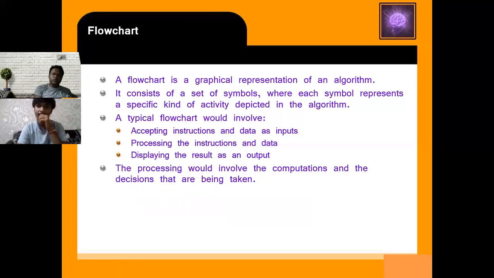When you are going to build a building, you design a map for it, where your bedroom will be, where your kitchen will be, and where your bathroom will be. So you define it in a graphical manner.